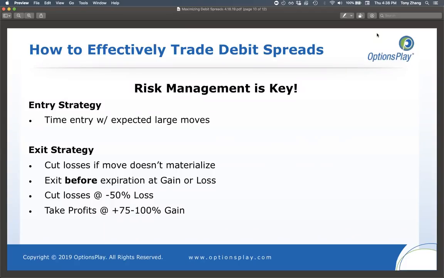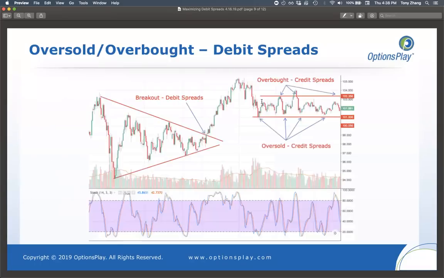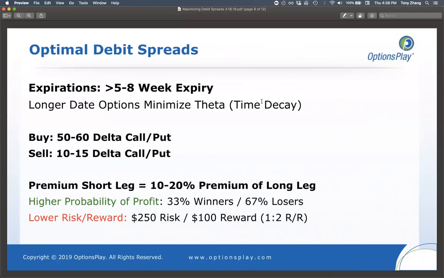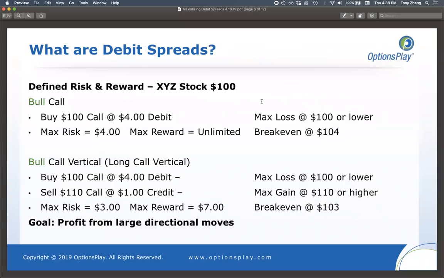Regardless of how much you've lost, the strikes that you currently have really have nothing to do with what strikes and expirations you're going to choose the next time. You should choose your strikes and expirations based on the same principles that you chose your first expiration on. So if, let's say, you buy that 100 by 110 call spread that I just gave you in that first example here,